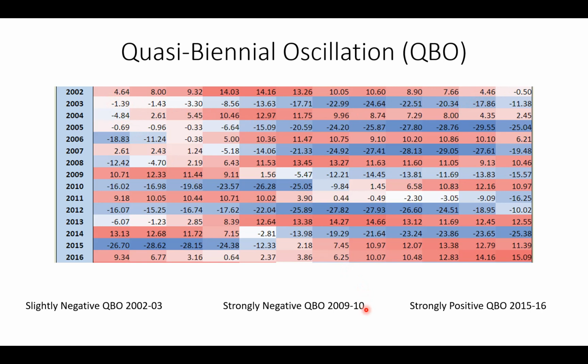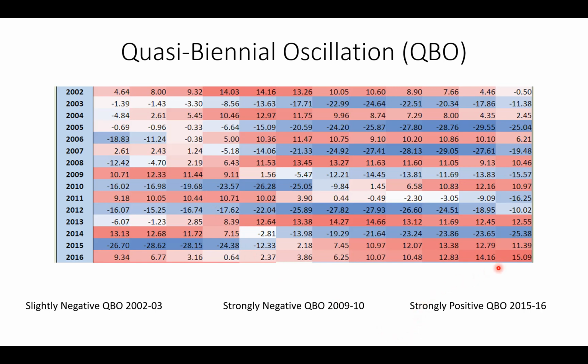Then in the winter of 2009-2010, during that El Nino winter, we had a strongly negative QBO. These are impressive values here. December minus 15.57, January minus 16.02, February minus 16.98, and then look at March minus 19.68. So we had a negative phase, easterly phase, of the QBO in the winter of 2009-2010. And then finally, the